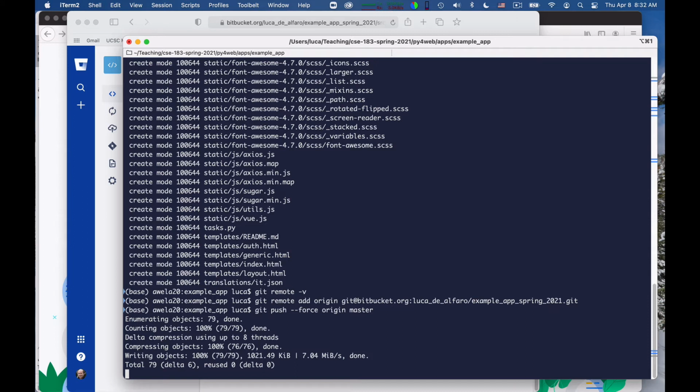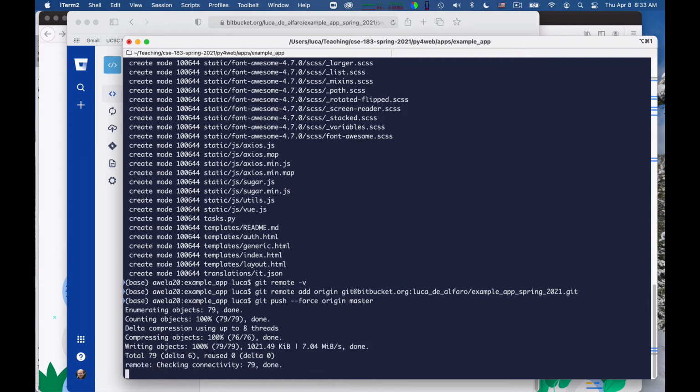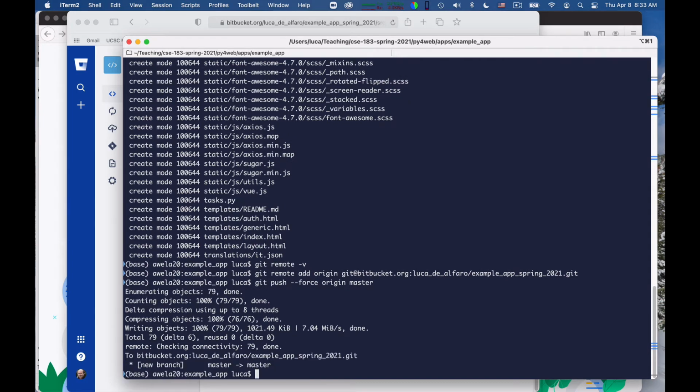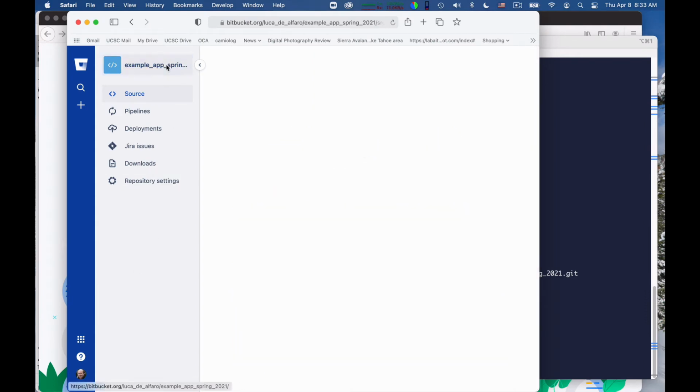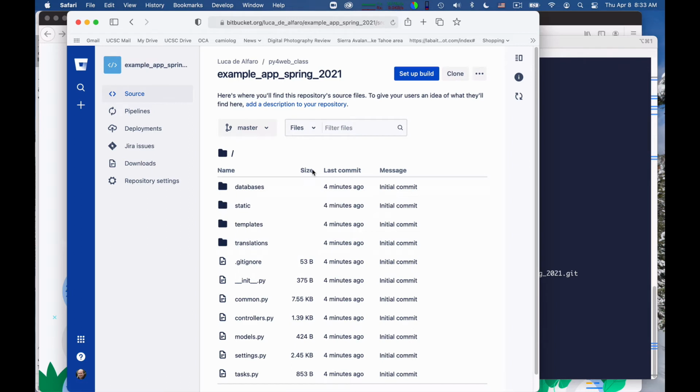Well, it's pushing it, I guess, right now. Yeah, not quite sure why it's taking a bit of time. Okay, but it did it. And so if I go back to the cloud, okay, to this repository, now it contains my application.